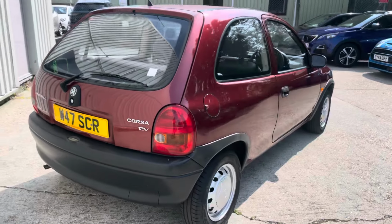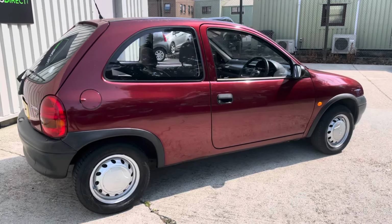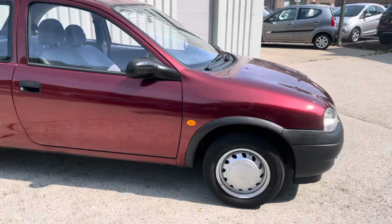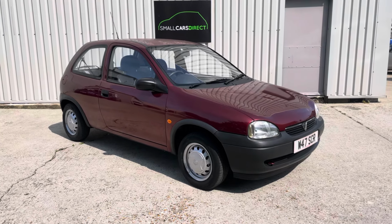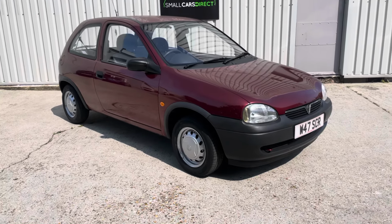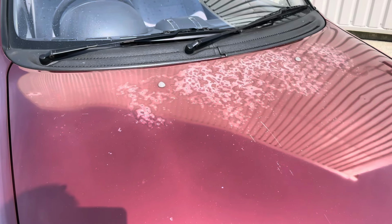Just insurance group 5 out of 50 with the 1 litre engine as well. Very economical, anything up to 60 miles per gallon claimed by the manufacturers all those years ago. And this car, like I say, has survived the years. Fantastic services. We've got 18 service records with the vehicle. Too many to call out on the video, but recently serviced just a few miles ago by ourselves prior to